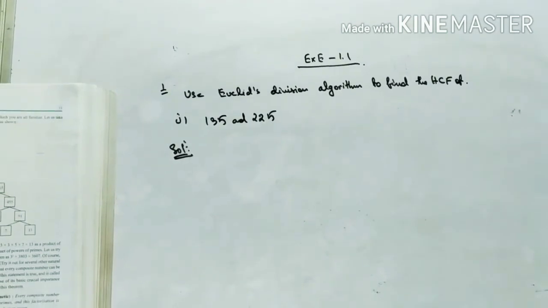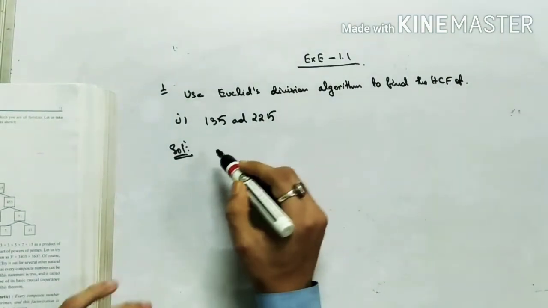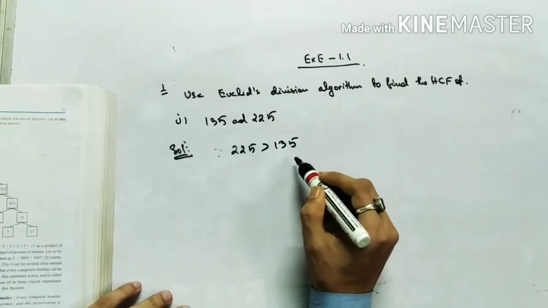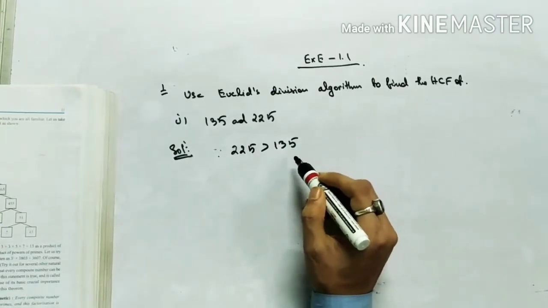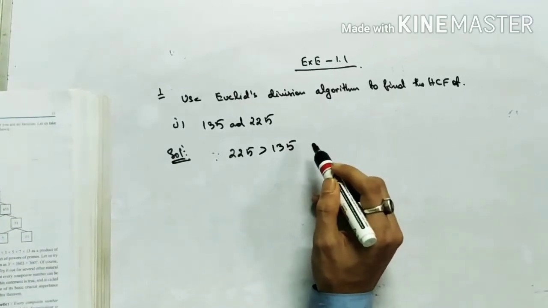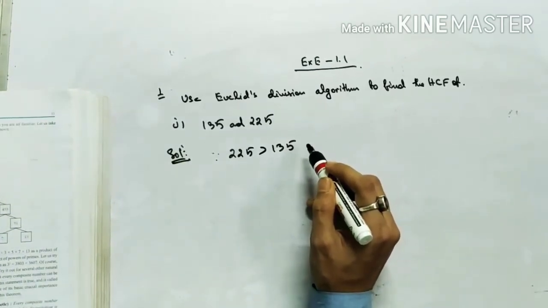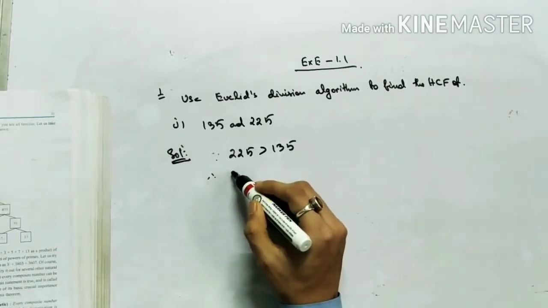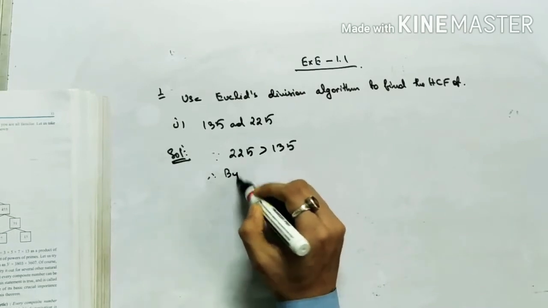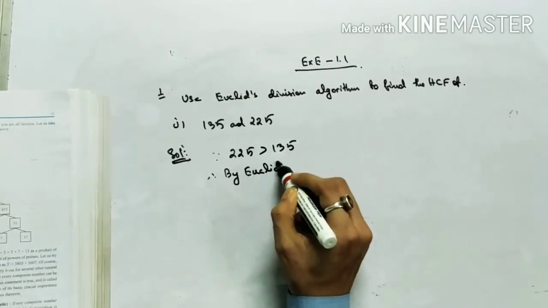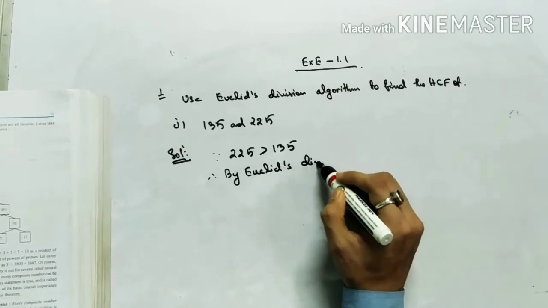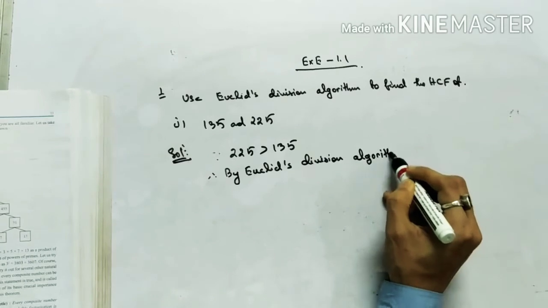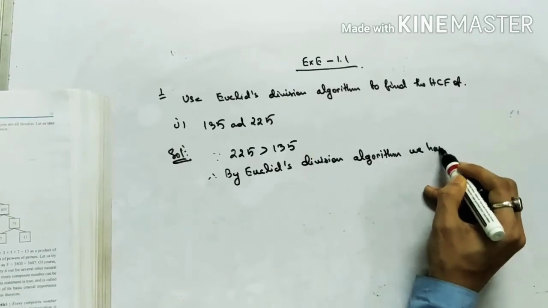So this one you see, since 225 is greater than 135, therefore by Euclid's division algorithm we have,